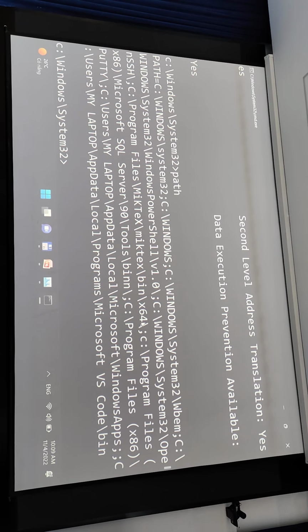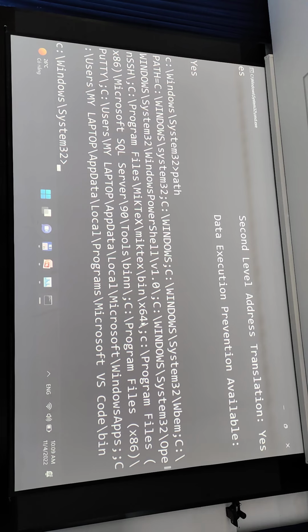This is a list of locations where, when we type a command, for example when I type path here, the executable files will be located somewhere, and the operating system will look through the path in the environment to find it.